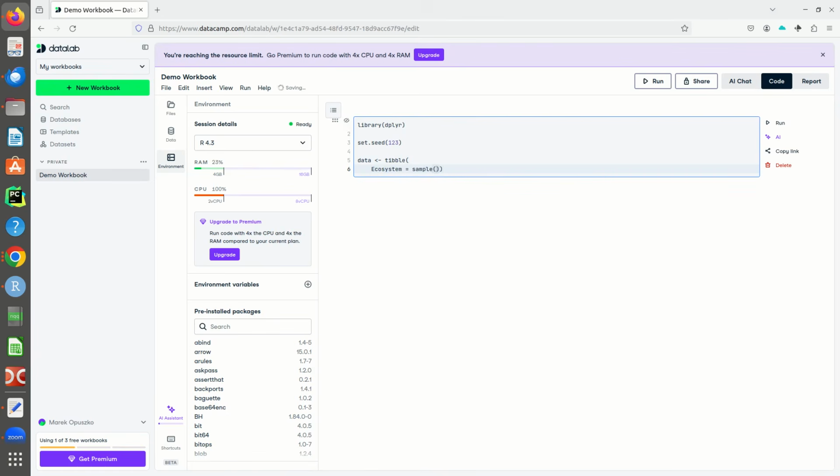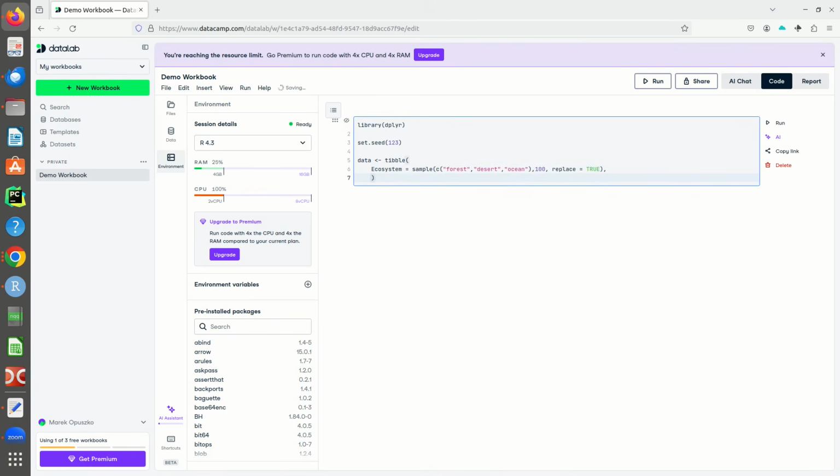We need a factor, like a group variable, like plants that grow in the forest, plants that grow in the desert, and maybe plants that grow in the ocean. And let's make 100 of those, and of course we need to replace them. So we are basically drawing a random sample,